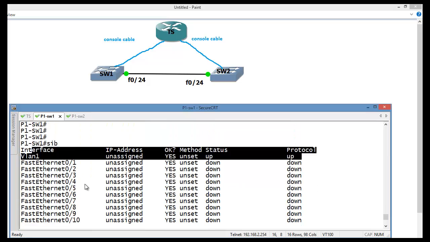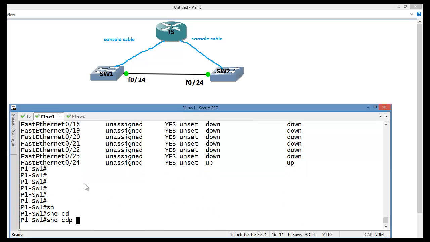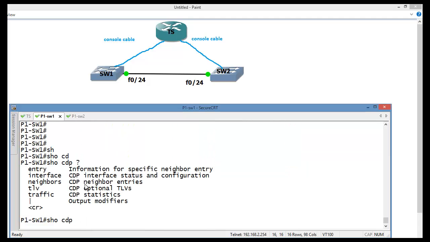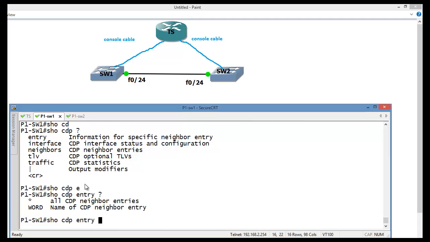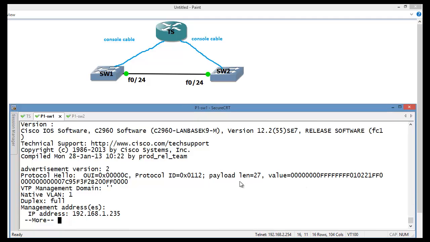As we know, by default CDP is working. So let's see, show CDP, and then after you can use the question mark and see what you're looking for, all or a particular neighbor. Suppose I put neighbors, this is going to tell about whatever neighbor we have already connected.